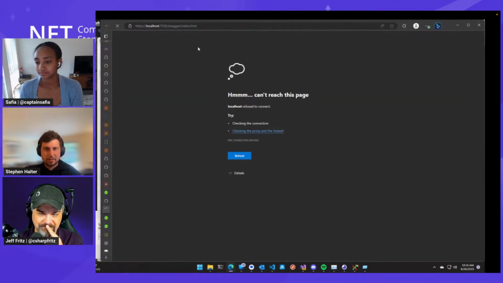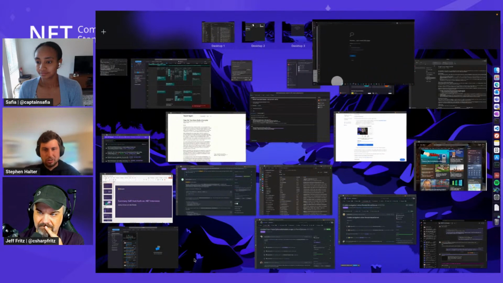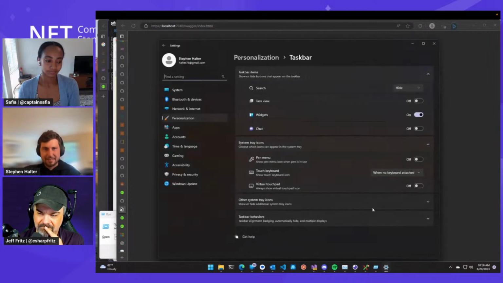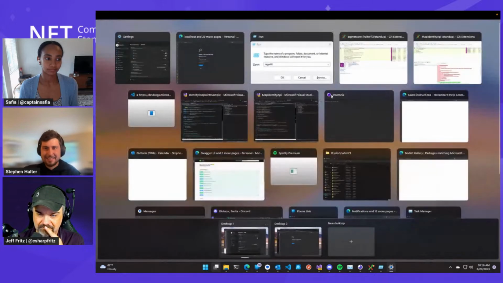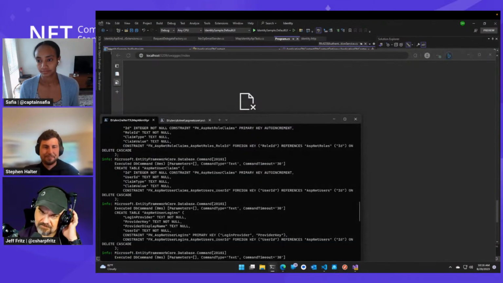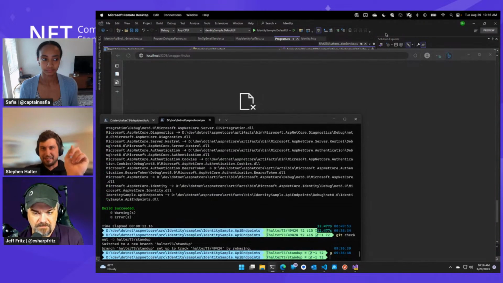We are going to ignore this for a second, and then we are also going to hopefully be able to switch to my other Windows desktops. All right, this is bad on my side. All right, back to where we were. So anyway, we'll ignore the Swagger UI for a little bit.